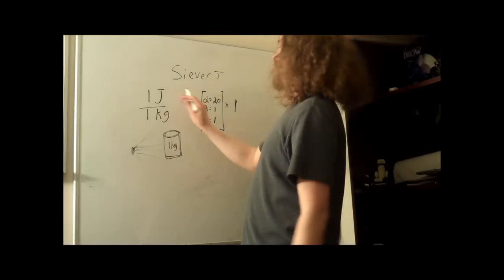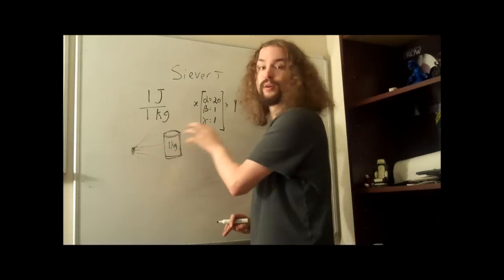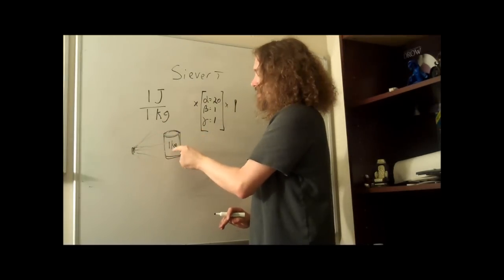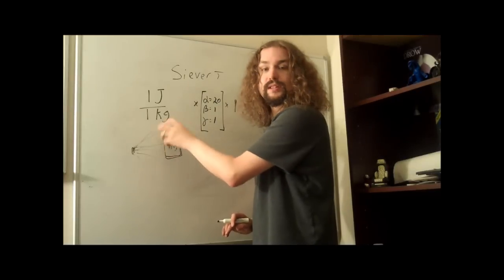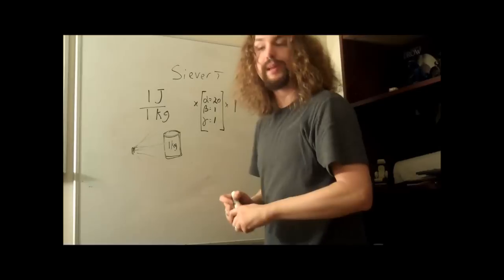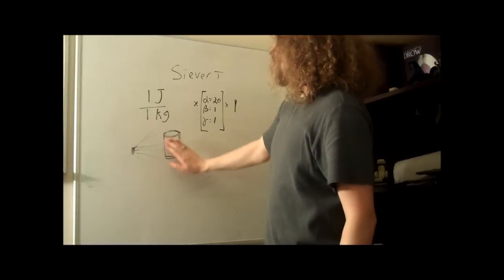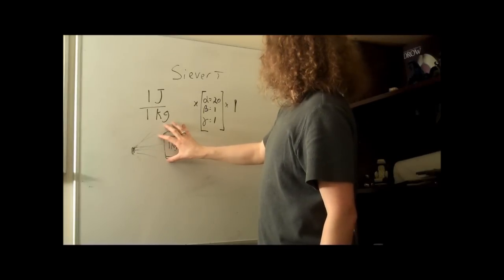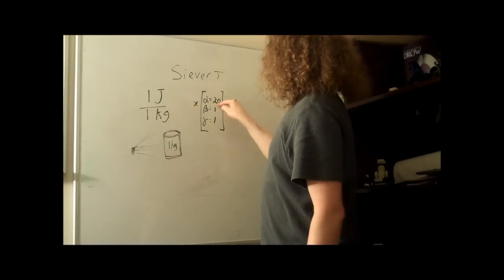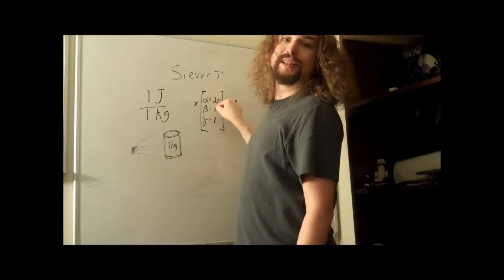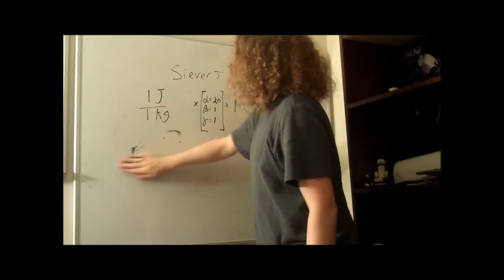Let's say we're looking at grays per second, and this puts out 1 gray of radiation every second. 1 joule of radiation every second, and this is 1 kilogram, then this is absorbing 1 gray per second. Do you see what I mean? And if it turned out that this were a person, it would still be 1 gray. But if it were a person in alpha radiation, it would be 20 times that. It would be 20 grays. Well, in this case, 20 sieverts, actually. So,